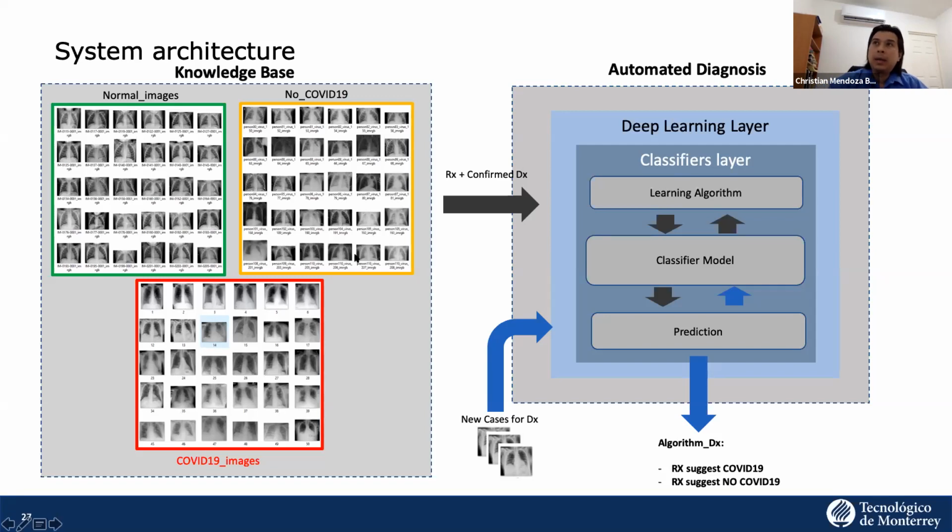And on the other hand, we have people that are actually sick with something related to the lungs, maybe pneumonia, maybe a viral pneumonia or bacterial pneumonia of some sort, but it's not COVID. So this is a no-COVID situation, but not normal. And on the last portion over here, the red one, we are saying, okay, so these are the COVID-19 cases that we know for sure were detected, and these are the X-ray images from those cases.